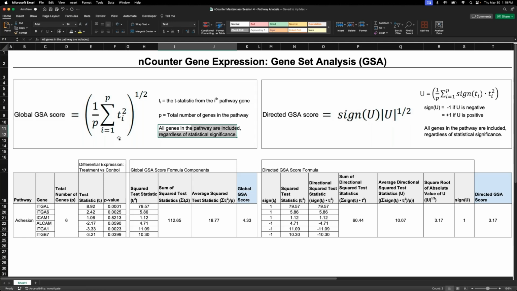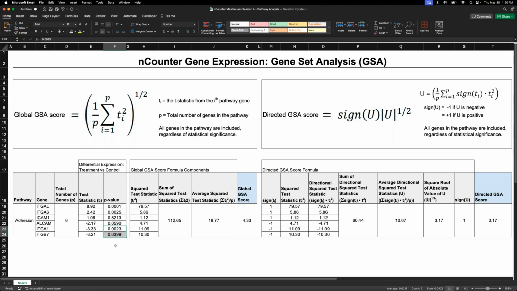So let's imagine a hypothetical scenario where we are looking at, let's say, the adhesion pathway. Let's pretend there are these 6 genes in the adhesion pathway, and we want to perform a differential expression analysis between 2 groups of samples. Let's say we have some treatment samples and control samples. We want to find out which genes are significantly differentially expressed between treatment and control. So the output of that, as many of us know, is a p-value indicating whether the gene is significant. That p-value for our genes is shown here. Some of these genes are significant, less than 0.05. These 2 are not, and then these 2 genes are significant.